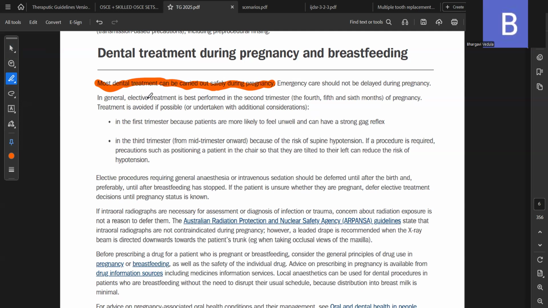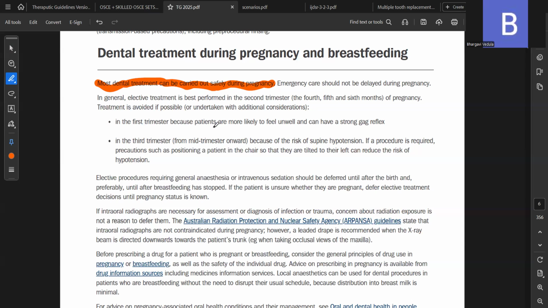So, in general, elective treatment means which is not an emergency. That is by choice, like veneers or a Hollywood smile, aesthetic treatments, which can be delayed. They should be best performed in the second trimester. That is the fourth, fifth, and sixth months of pregnancy. Treatment is avoided if possible or undertaken with additional consideration. We have to avoid elective treatments if possible, or undertake them only with additional considerations in the